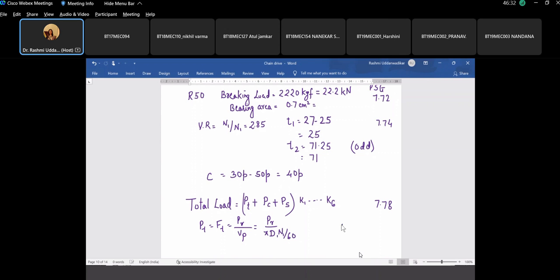And how do you find out the diameter of the sprocket? Diameter of the sprocket,